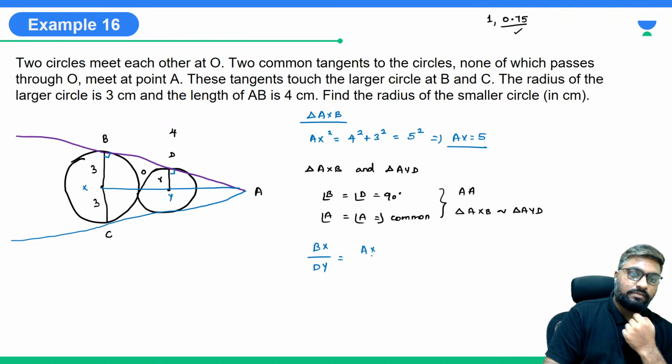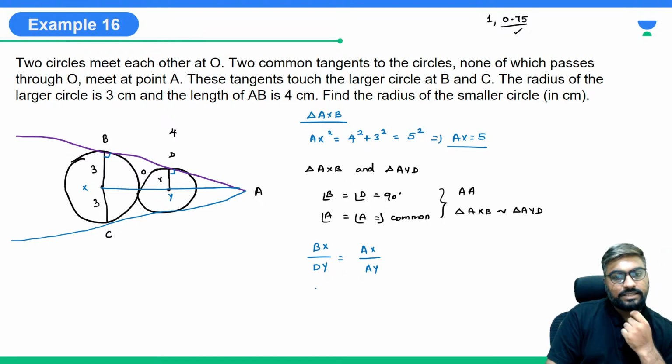AX by AY, DY अपना r है, BX हमें पता है, BX is 3, DY is going to be r, AX we know is 5,